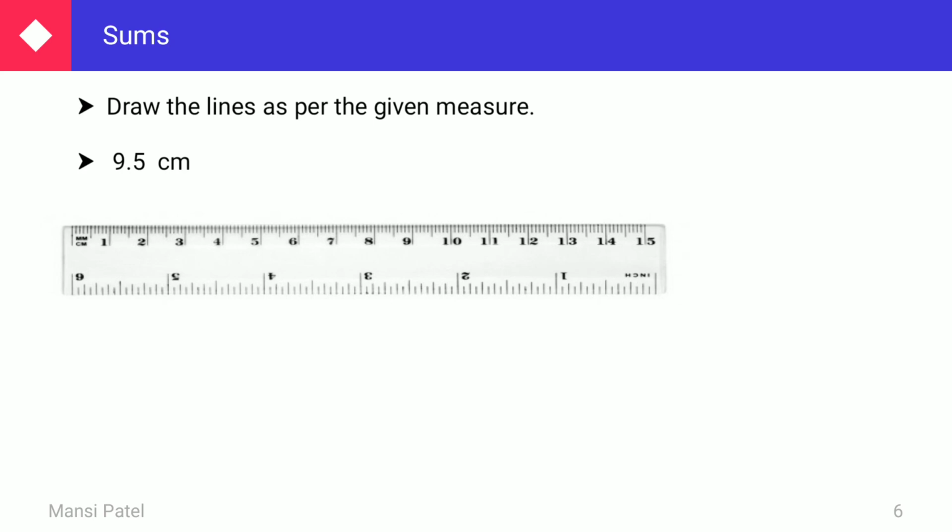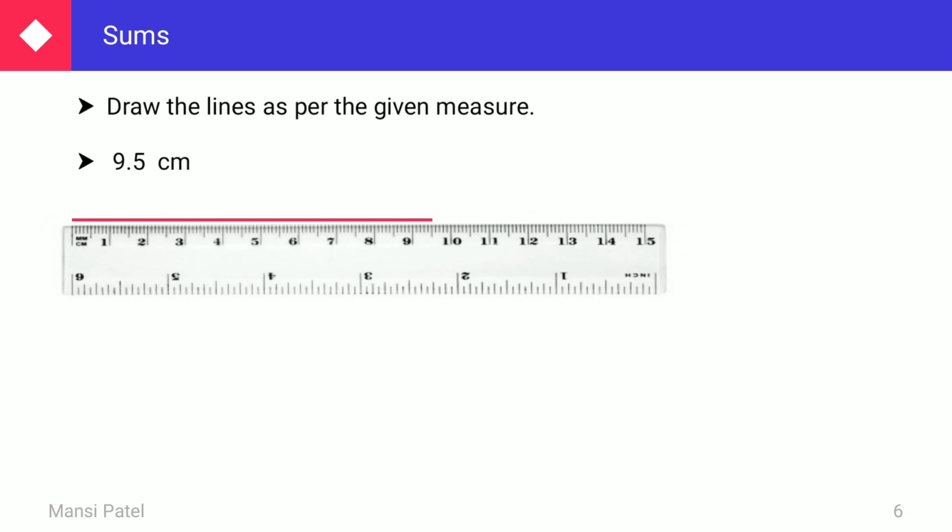Then after the point they gave 0.5, which means after 9 you have to count 5 lines. Where you get the 5 lines, just stop your line. So see here, this is the line of